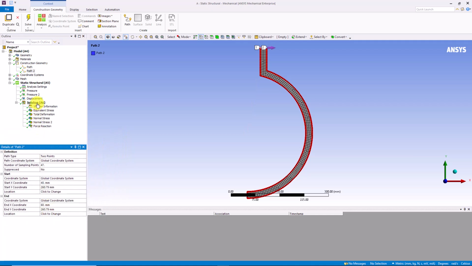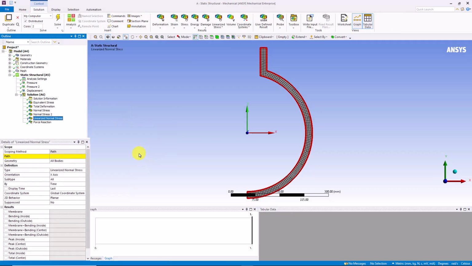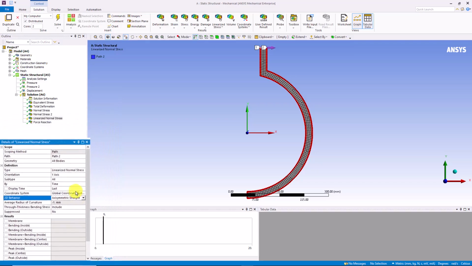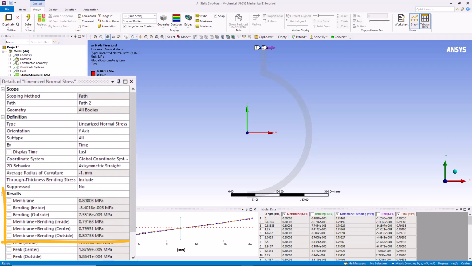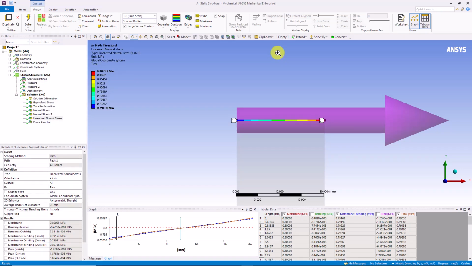Now, add linearized stress, normal, and specify the newly created path 2. We can change orientation to y-axis to look at the actual stresses. The membrane stresses are the average stresses along the thickness of the body, whereas the bending stresses are linearly varying stresses through the thickness of the body. These stresses are primarily used in predicting the failure of the pressure vessels. Also, the results in this case are just to demonstrate the procedure, since we are evaluating this at the opening